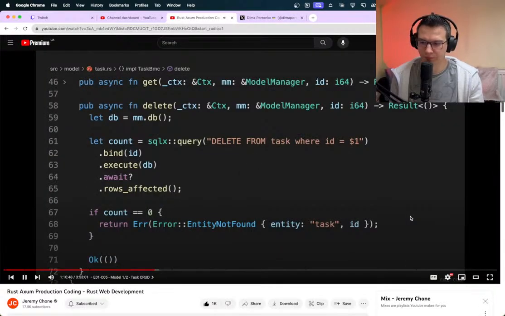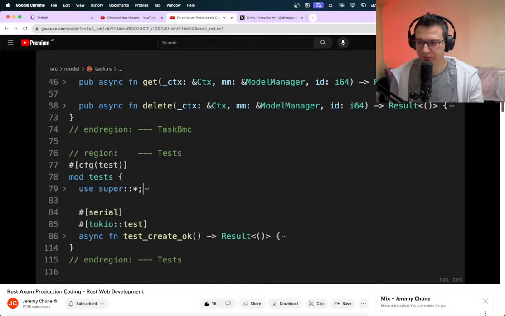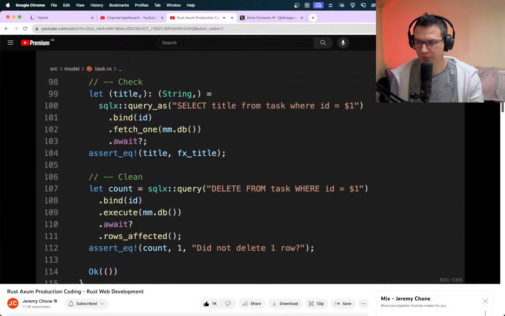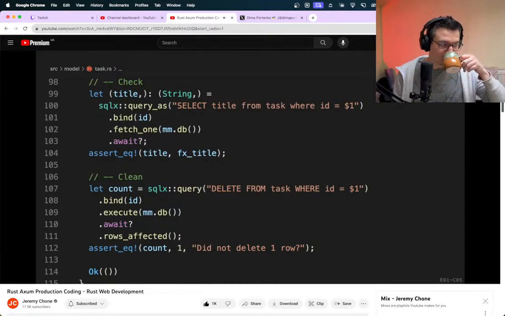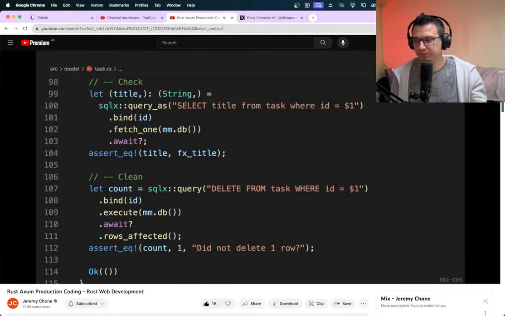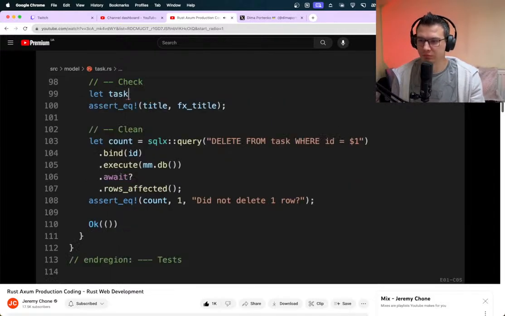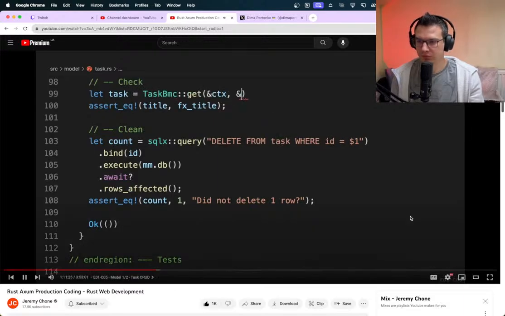Okay, boys. So now that we have the get and delete, we can go to our test create OK, and then when we do the check and the clean, we can actually simplify the code quite a bit. We don't need to have the select anymore. Now, if you really want to be dogmatic with unit test, you shouldn't be using other functions. But in all practical matter, I think in this use case, it's acceptable and definitely much simpler to use the model function to do the check and the clean. So what we're going to do now is we're just going to do let task, and we're going to do a TaskBmc, and we're just going to do